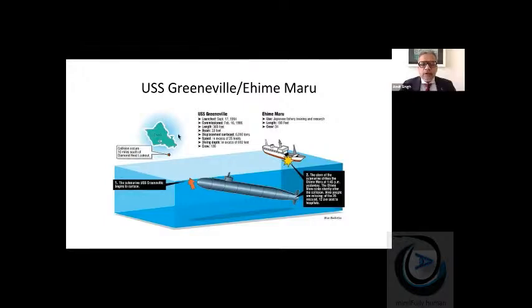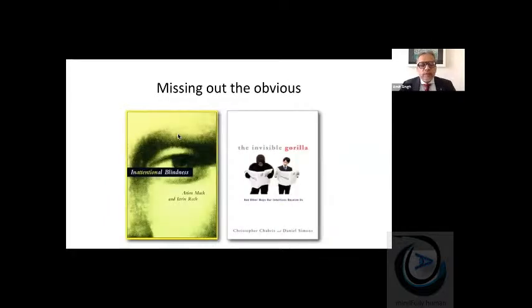What is common in all three was that there was something in front, very obvious, which nobody could see. It has something to do with our cognition and attention. Missing out the obvious. Now, these are two very famous books. Inattentional Blindness, written by Arien Mack and Irvin Rock. These people came up with inattentional blindness while they were observing players playing football on the pitch. They noticed that while the players were focusing on something, they would miss out the obvious, maybe the ball or a pass, and they wondered why it was happening.